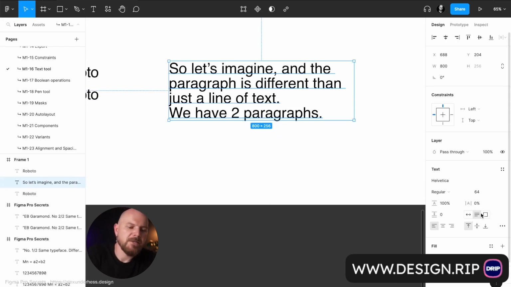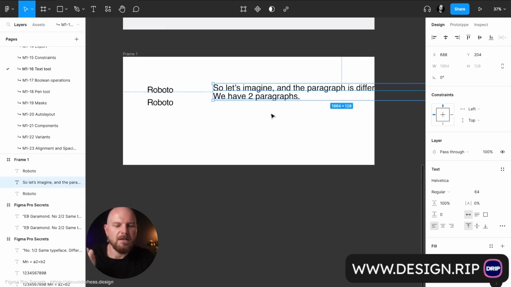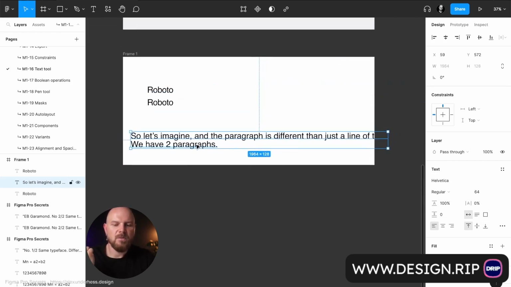The next 3 parameters that you see here is a really cool thing that defines the bounding box of the text. So this is the bounding box of the text. Every single text that you are creating has a bounding box. By default, most likely you have auto width. It means that the entire text will take all the space,